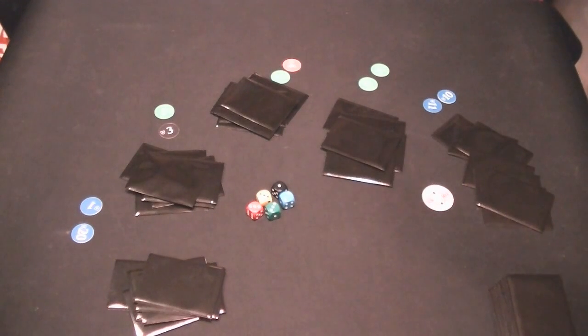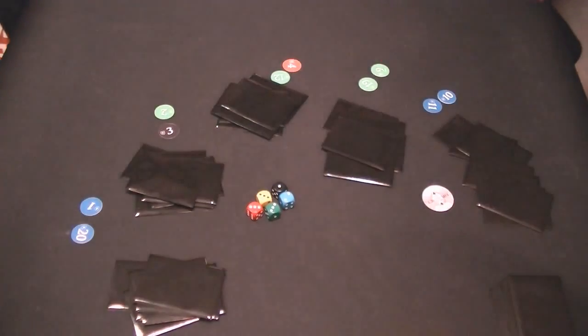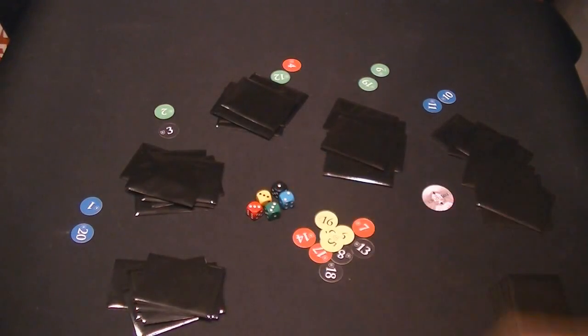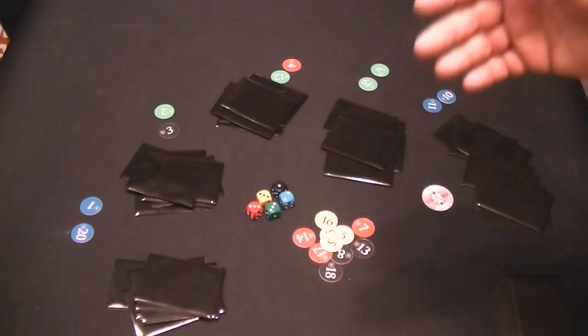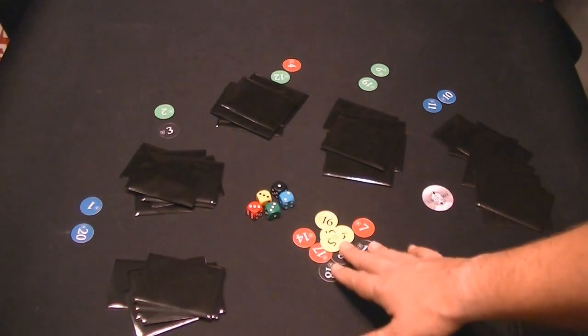And remember, the person that wins the round gets the spoils. Now you might be wondering what the spoils are. Well, the spoils will be alliance tokens, obviously, because alliance tokens are what you need to win the game. The token that is offered up as spoils is determined by the dice. You take the highest number that was rolled, and then you take the lowest number token that is available